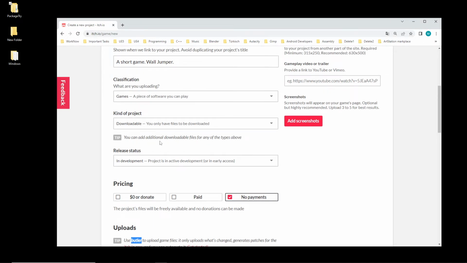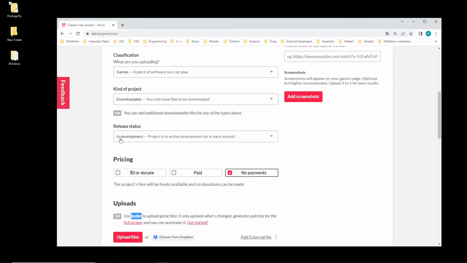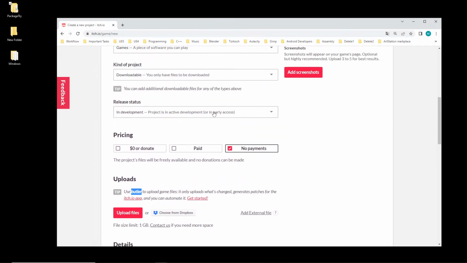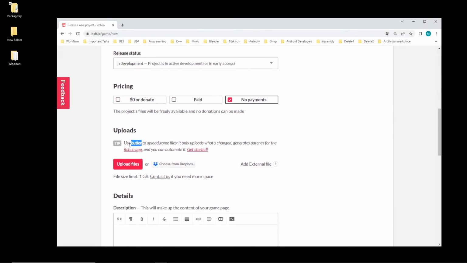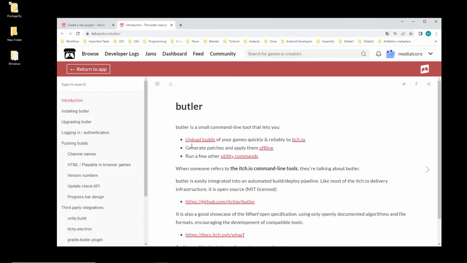It's very nice for me as well, because I set the release status to in development, which means later, when I want to update patches, I should consider using this Butler tool. Why? Because it will only upload the changed files, like GitHub, which we used, right? In GitHub, you can just upload changed things, and I think they are using something like GitHub too. Let me show you this. Get started, and when we get started,